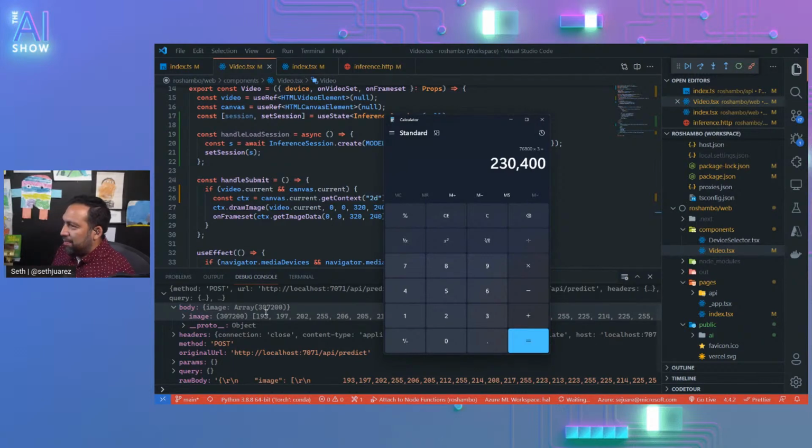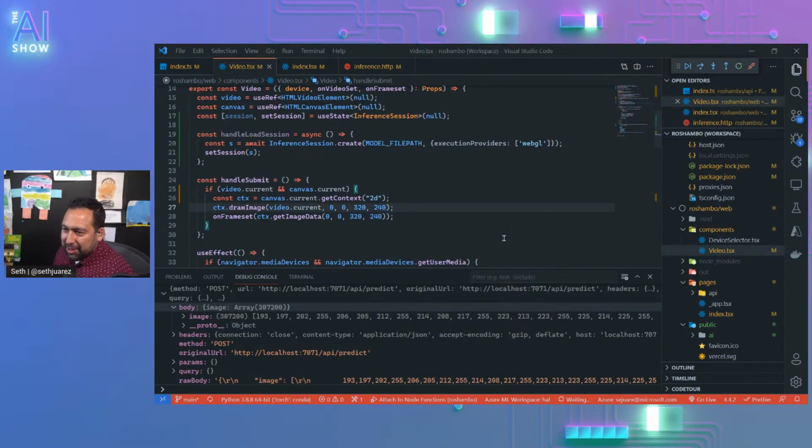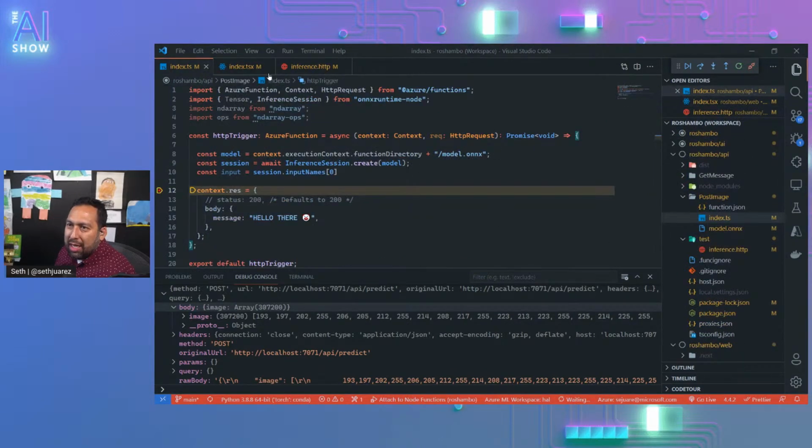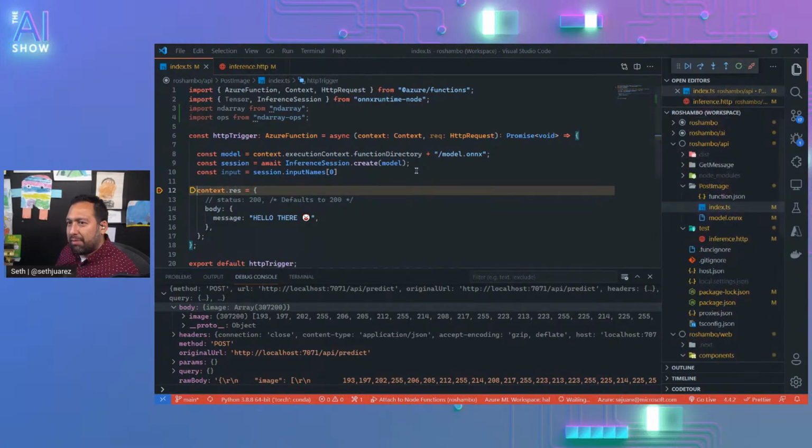Let's try this in a different way. 320 by 240 by 4. Yeah, it's giving me the alpha channel, which I need to remove. We'll have to figure that out. Wow. Yeah, it's giving me the alpha channel. You little bugger. Okay, so now that we know that we've got everything we want, it's time to do our